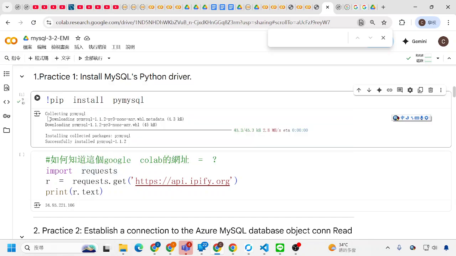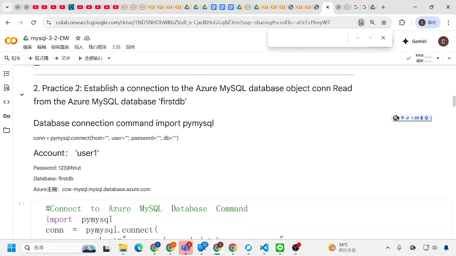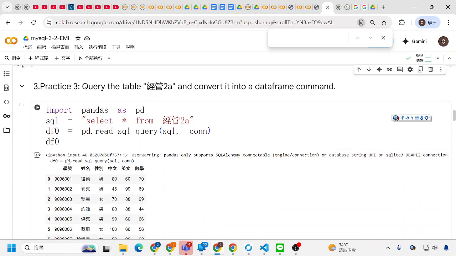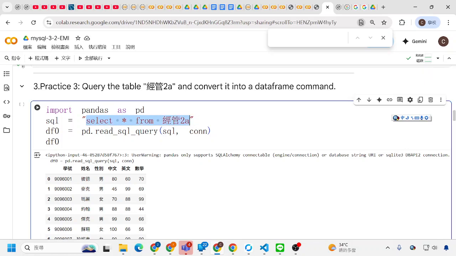After this is done, you do practice 2. Establish a connection to the Azure MySQL database object and read from the Azure MySQL database first DB. Okay, now you delete the code here. Now I want to